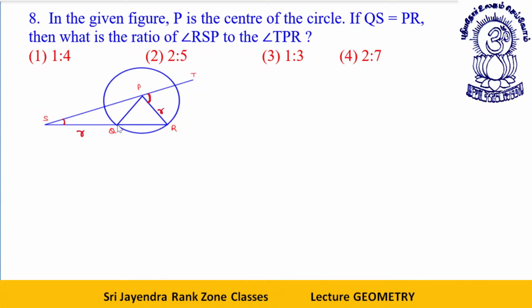See, this is the radius, this is given equal to radius, this is also r. Let's say this angle is theta, this angle will also be theta. Now dear students, what will happen? This angle is how much? This is the exterior angle of this triangle. So this will be 2 theta, the sum of these two angles. Okay, this is 2 theta.